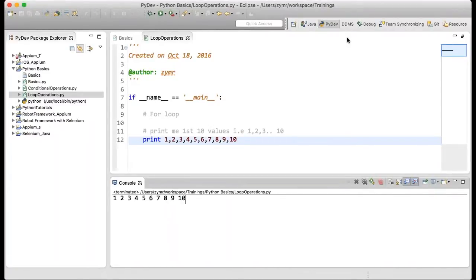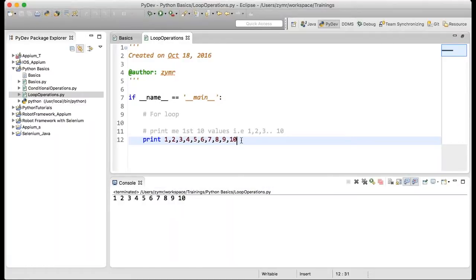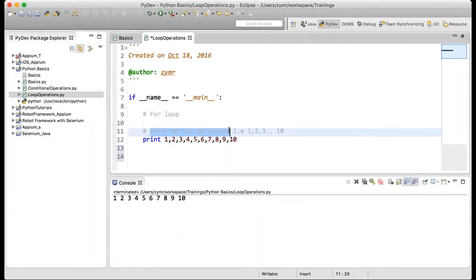Now, is this a feasible way? No, it is not at all feasible. Is there any utility in Python? Yes, in any programming language you have looping concepts. In Python, I can show you how to do that. If I have to print the first 10 values in a for loop, there is a way.